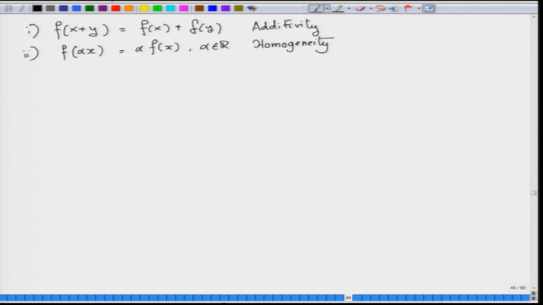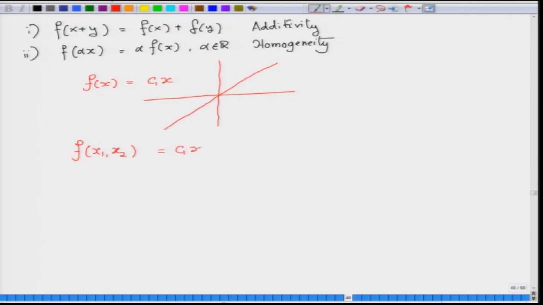Now, let us see what a real function looks like. If you put one variable x1, then f of x is equal to C1 of x, where x is in R. This represents a straight line passing through the origin. But if we have two variables, say f of x1, x2